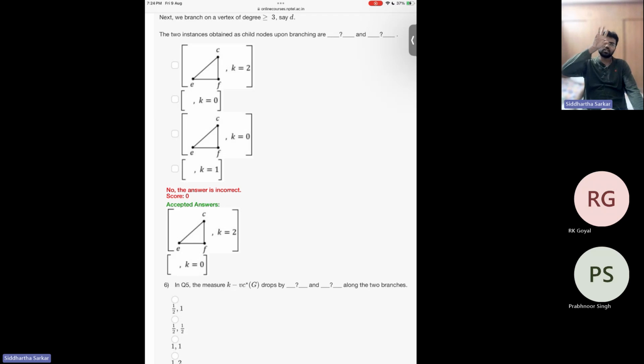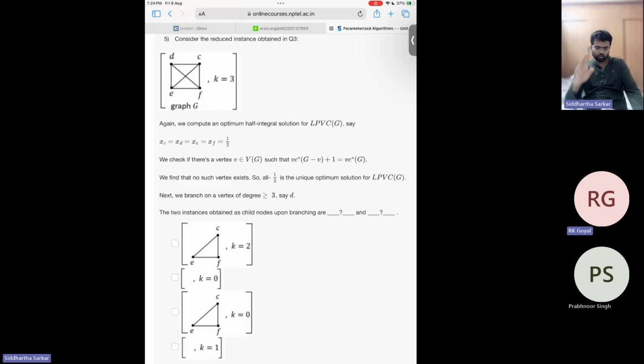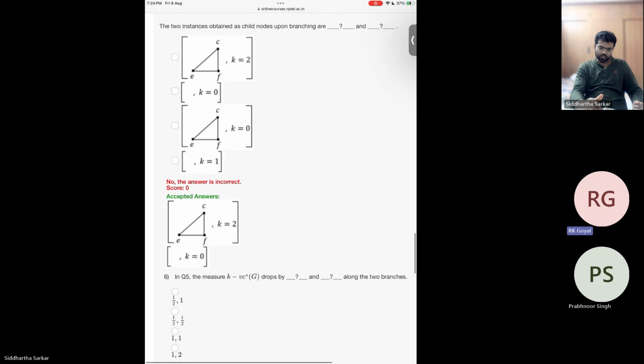No, so consider the original graph. Original means after this reduction step, this is the graph. So K is 3. Now you have branched on this graph. So after branching, you have these two subgraphs. Now K has reduced to 2 in the first one. And VC star was 4 times half, that was 2, but now it is 3 times half. So it has reduced to 3 by 2. So K minus VC star,